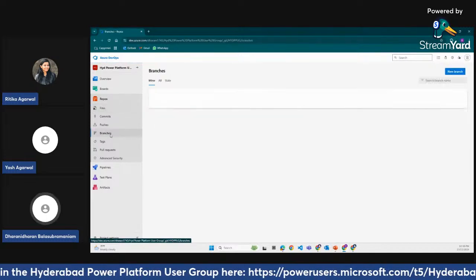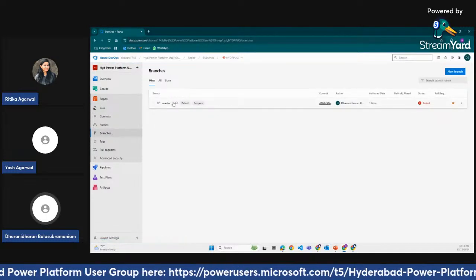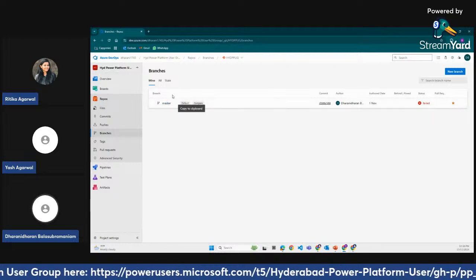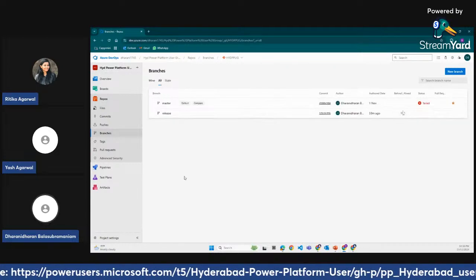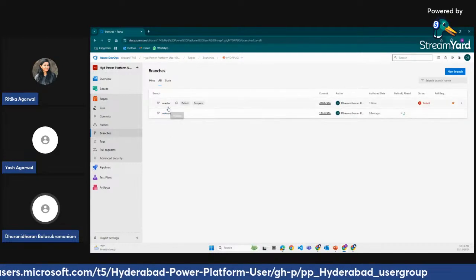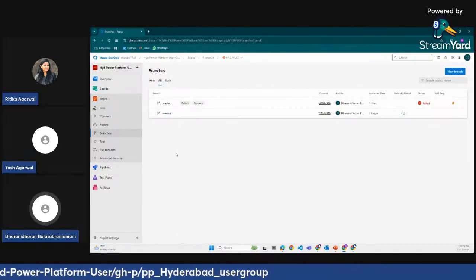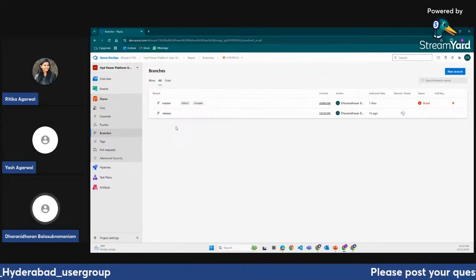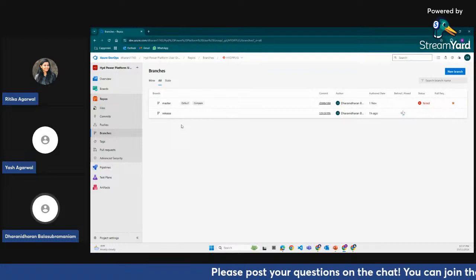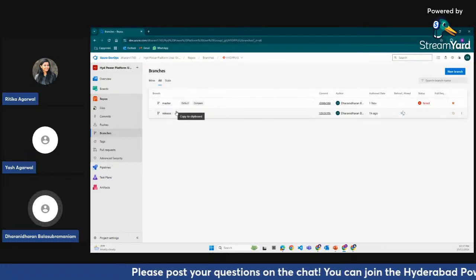If you go back to the branches, you can have your master branch, and you can see the master branch is there, and the release branch is also there. People will start creating feature branches and work on their own feature branch. They will commit the solution to the feature branch, create a pull request, and assign it to the release branch.